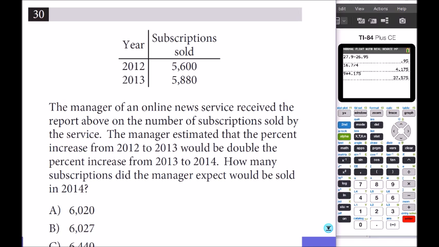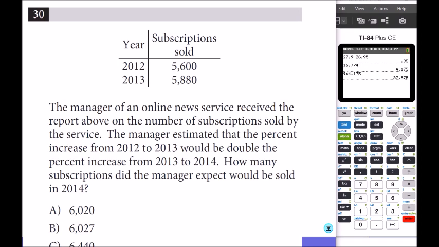30. The manager of an online news service received the reports above on the number of subscriptions sold by the service. The manager estimated the percent increase from 2012 to 2013 will be double the percentage increase from 2013 to 2014. How many subscriptions did the manager expect will be sold in 2014? All right, so first of all,